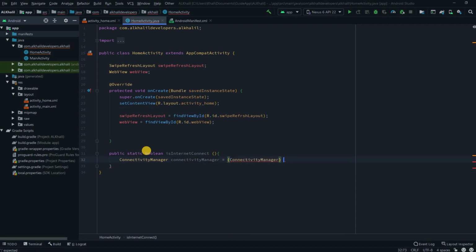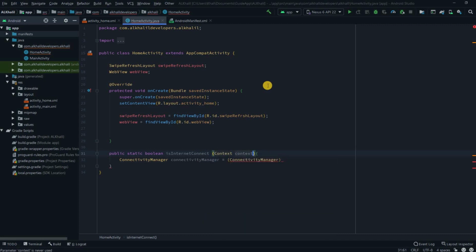Okay, and here we need the context, because we can call this method from anywhere in our application since it is static. So if we are using it in another activity, we need the context of that activity. So we can get that context when we call isInternetConnected. So we just need to type here which thing we want. So we need a context